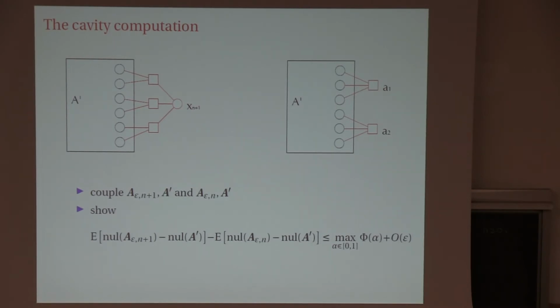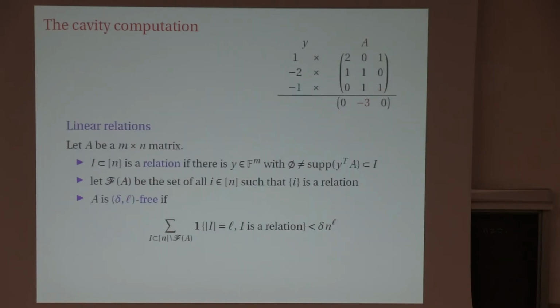Now there's an obvious difficulty here, and the obvious difficulty is that we don't a priori know very much about the joint distribution of these points where we attach our new equations and variables. So we have to get a handle on that distribution somehow. And there's a little trick, a little random perturbation to the matrix that makes this easy. To explain this,